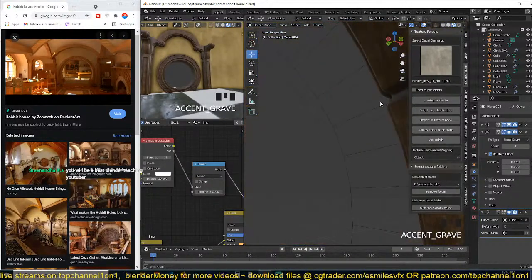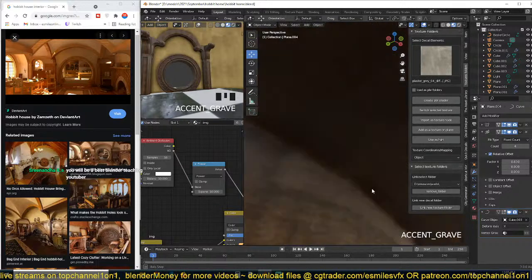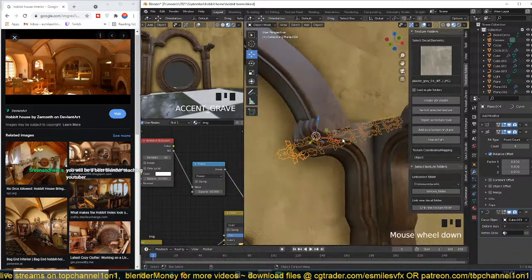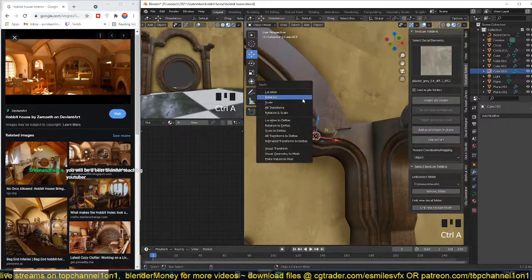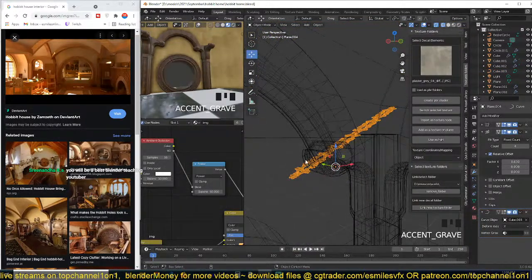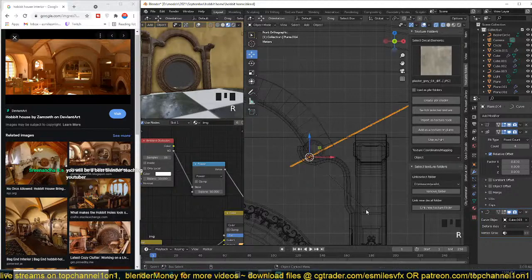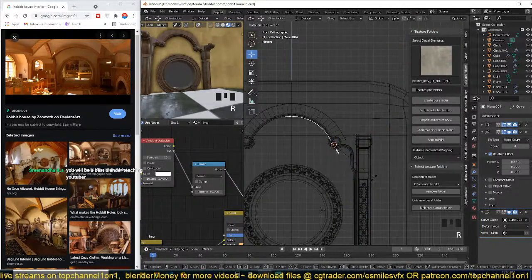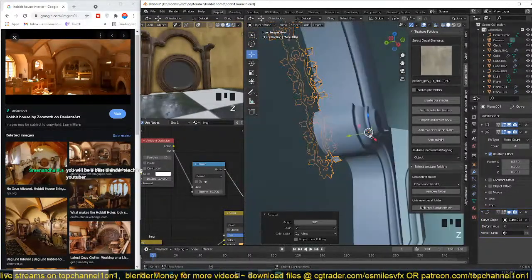Just have to figure out the right rotation. Let me first apply the rotation of this. Now let's see if I rotate this 90 degrees. You can see now it's